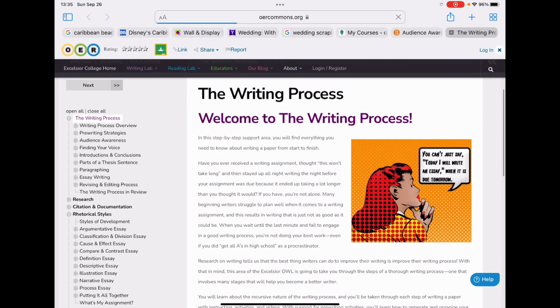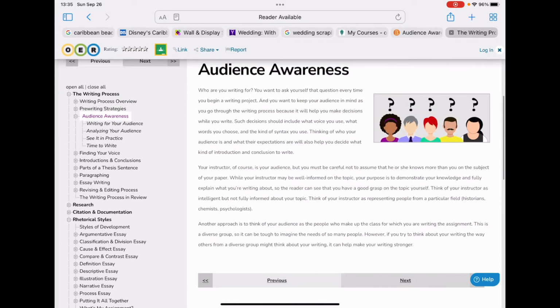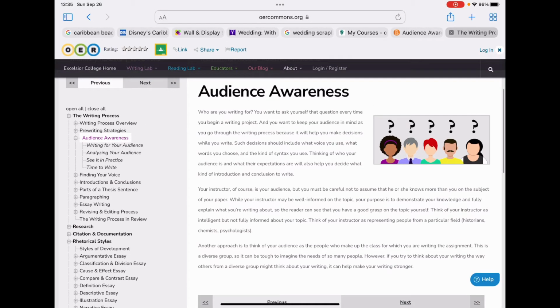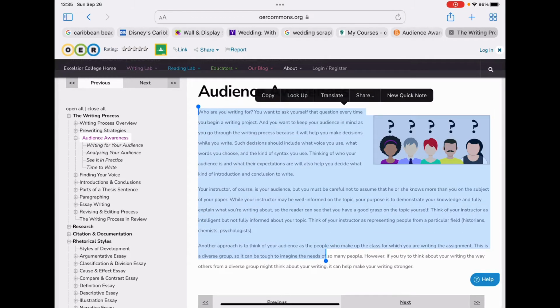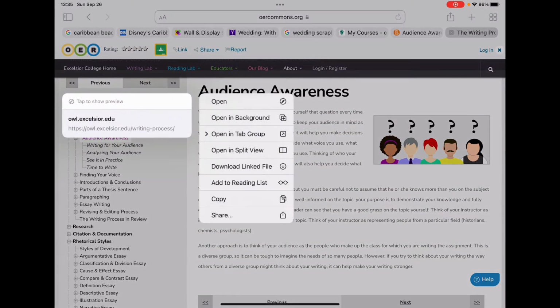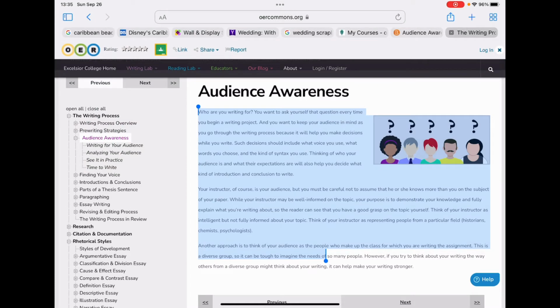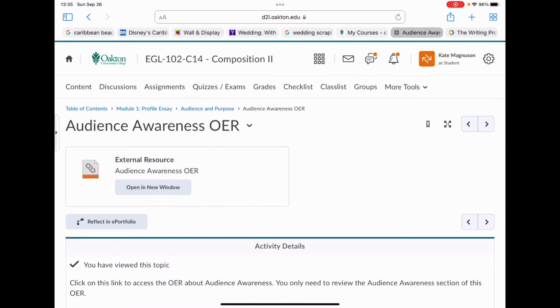You'll see that this links you to the writing process. The only section that you need is audience awareness for now. Writing for your audience, analyzing your audience, see it in practice, time to write. So here, this particular section of the writing process, you don't need to review the whole writing process, just the audience awareness section. However, as I mentioned before,